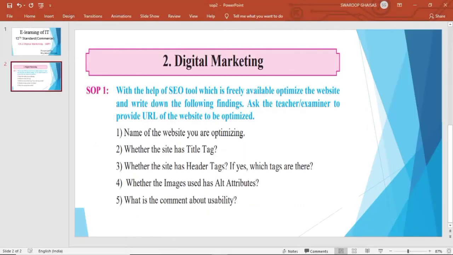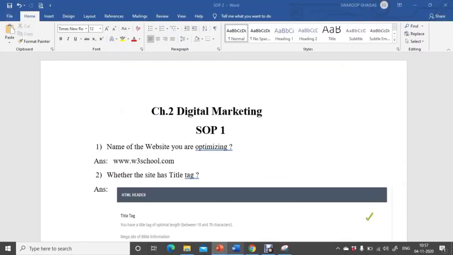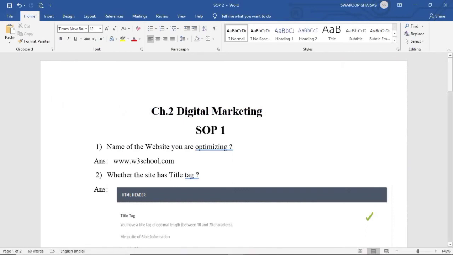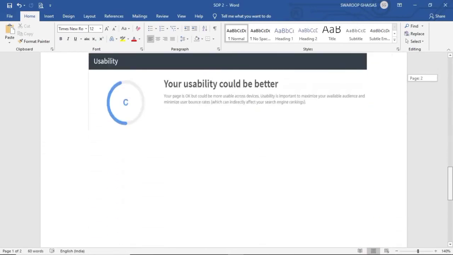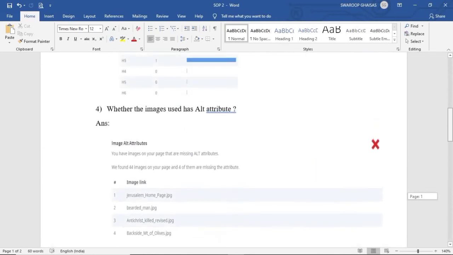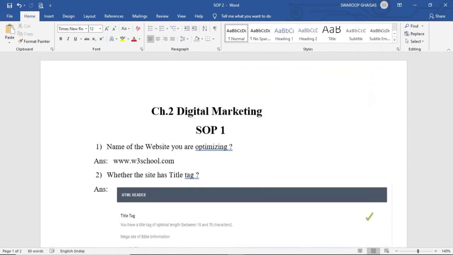First of all, note down the question like this, and then create such a Word copy, and we will take a printout of this, as well as you have to note down all of this in your practical notebook. Okay, so note down all these.